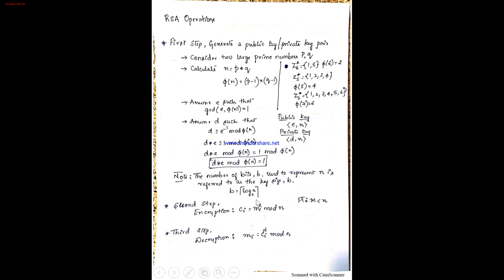How to compute log n to base 2? Log n to base 10 divided by log 2 to base 10. I have not written it here, so just make a note of it. In your calculator, if you use log you get base 10 directly; ln is the natural log. Whenever you are asked to find the size of the key, you perform log n to base 2. We'll see its importance with an example.